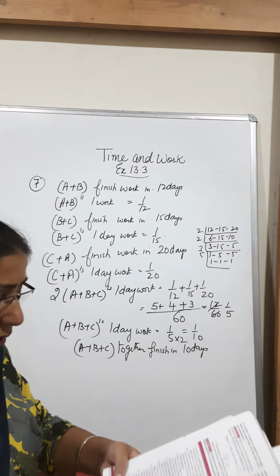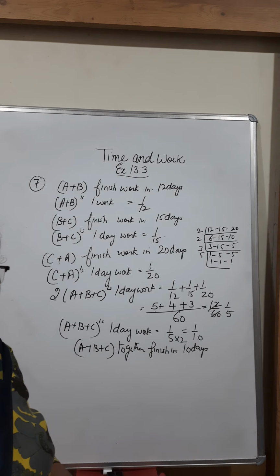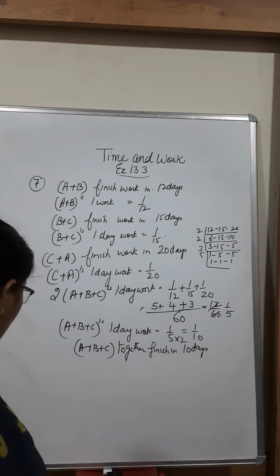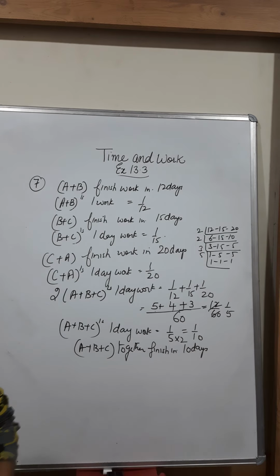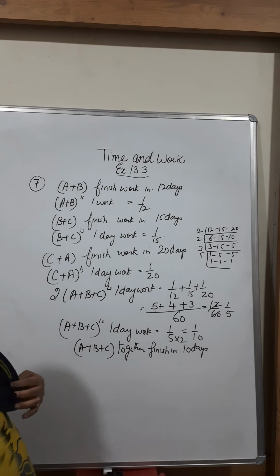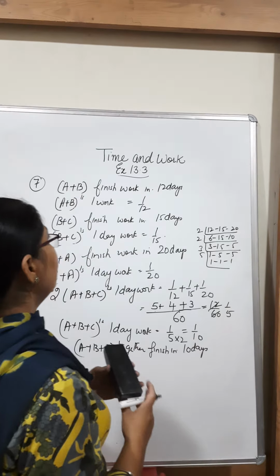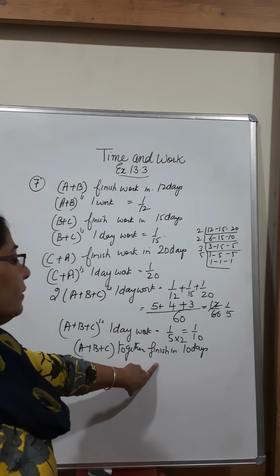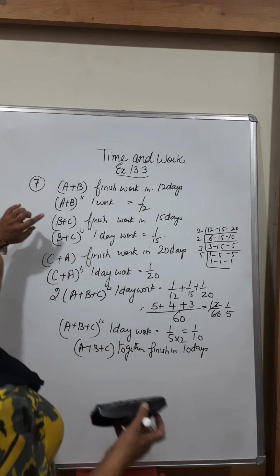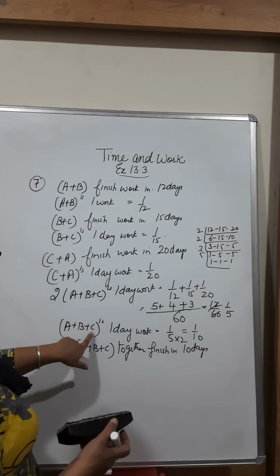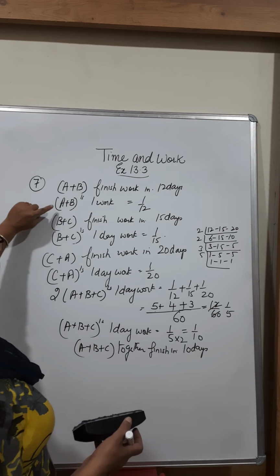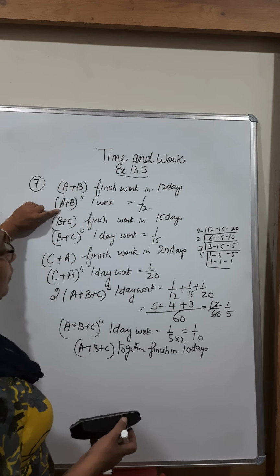हमने ये निकाल लिया कि वो together कितने टाइम में फिनिश करेंगे. Now what he wants you to find is that if they work separately, अगर वो अकेले अकेले काम करें तब वो कितने टाइम में काम करेंगे. सो देखो यहाँ पे क्या है, A प्लस B प्लस C इज 1 डे वर्क. यहाँ पे हमारे पास क्या है, A प्लस B इज 1 डे वर्क.